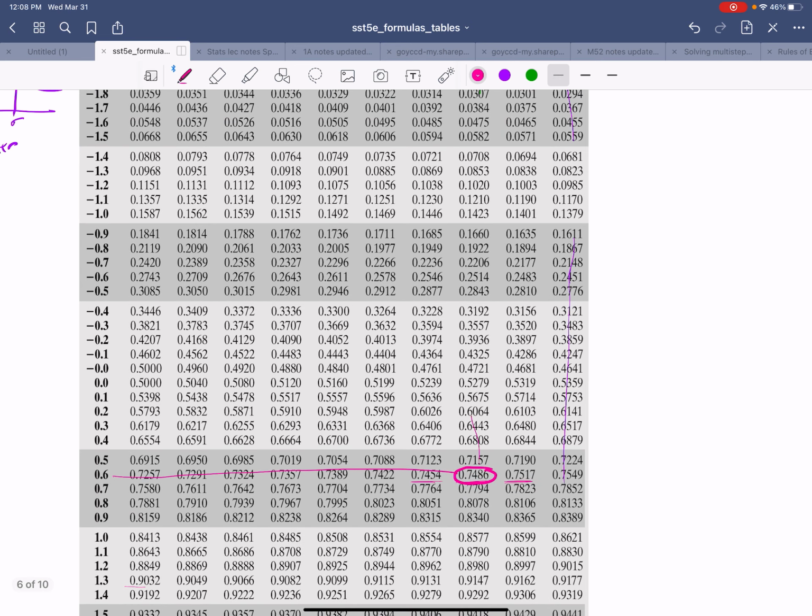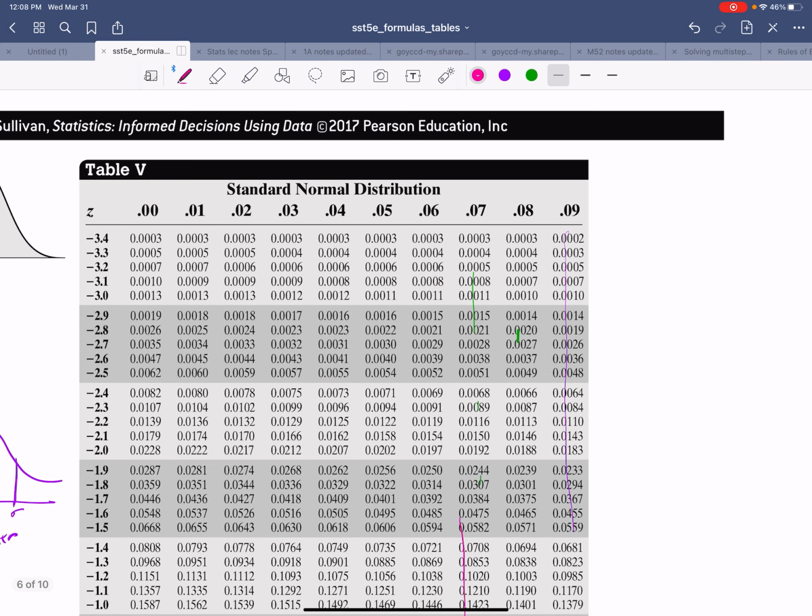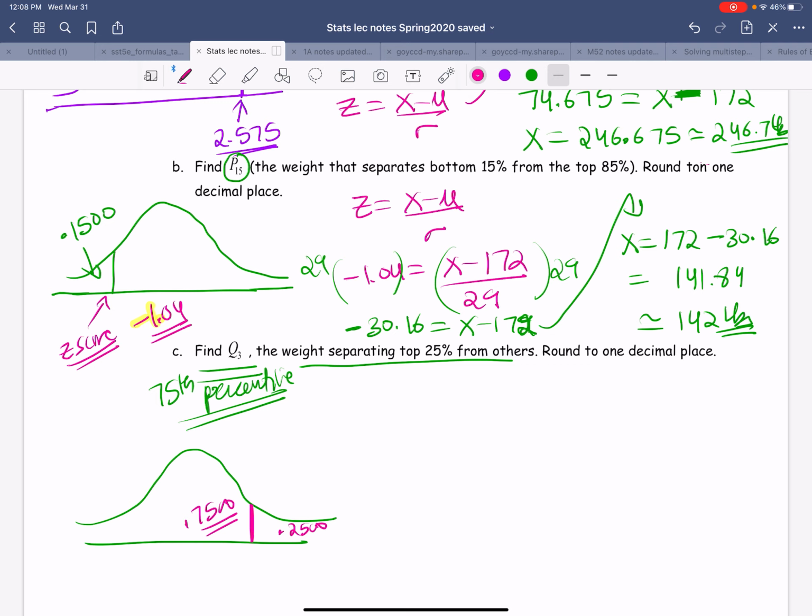So 0.67 is my z-score, okay? This is z-score 0.67. And I already know that z-score is data value minus the mean divided by standard deviation. The data value is what we're looking for. The mean is 172, standard deviation is 29. So to solve this equation, first step is to multiply both sides by 29. 29 times 0.67 turns out to be 19.43